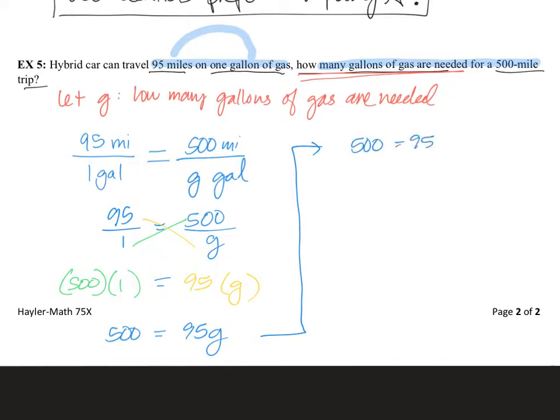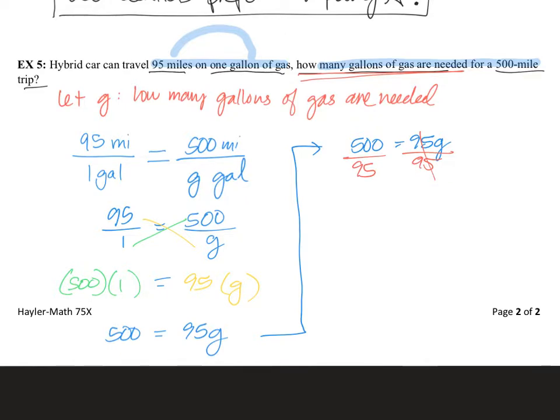Solving for G, we need to get rid of that 95. So we'll divide by 95 since it's being multiplied. Okay, we'll go ahead and plop this into a calculator. All right, we're going to go ahead and round this. So, as I say, if we do not give you directions on rounding, just round to the nearest tenth. So the nearest tenth, well, this is about,